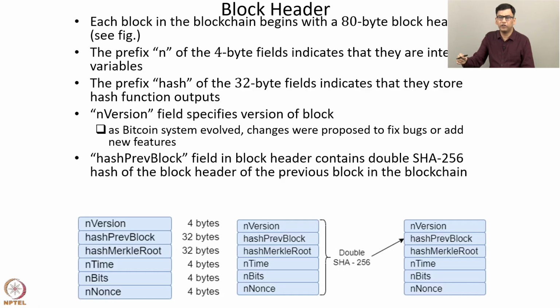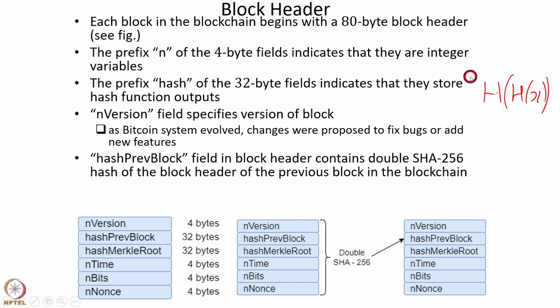By double SHA-256 hash, we mean the following. Let H denote SHA-256 hash. In that case, to find the double SHA-256 hash of a particular value x, we find H of H of x. So, that is another cryptographic hash function. We will see that throughout Bitcoin, as the cryptographic hash function, it uses double SHA-256. It's a measure to increase the randomness even further than computing the hash just once.